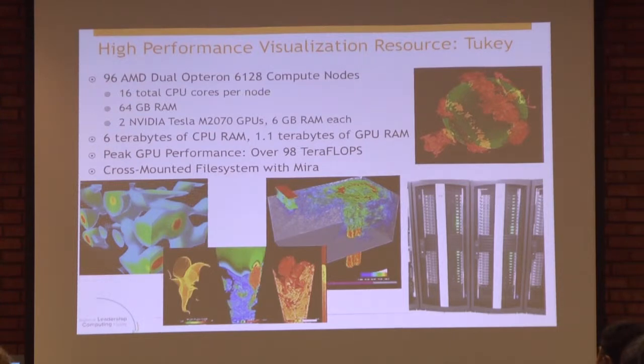It's a 96-node compute resource, where each node has 16 CPUs and 2 high-end visualization graphics cards, and lots of memory. Probably one of the most important features is that the file system is cross-mounted with the compute system. One of the biggest bottlenecks is often writing data to disk and doing data I/O. When you're generating these large data sets, you don't want to have to move them around a lot, right? So having a viz resource that sits close to the compute resource